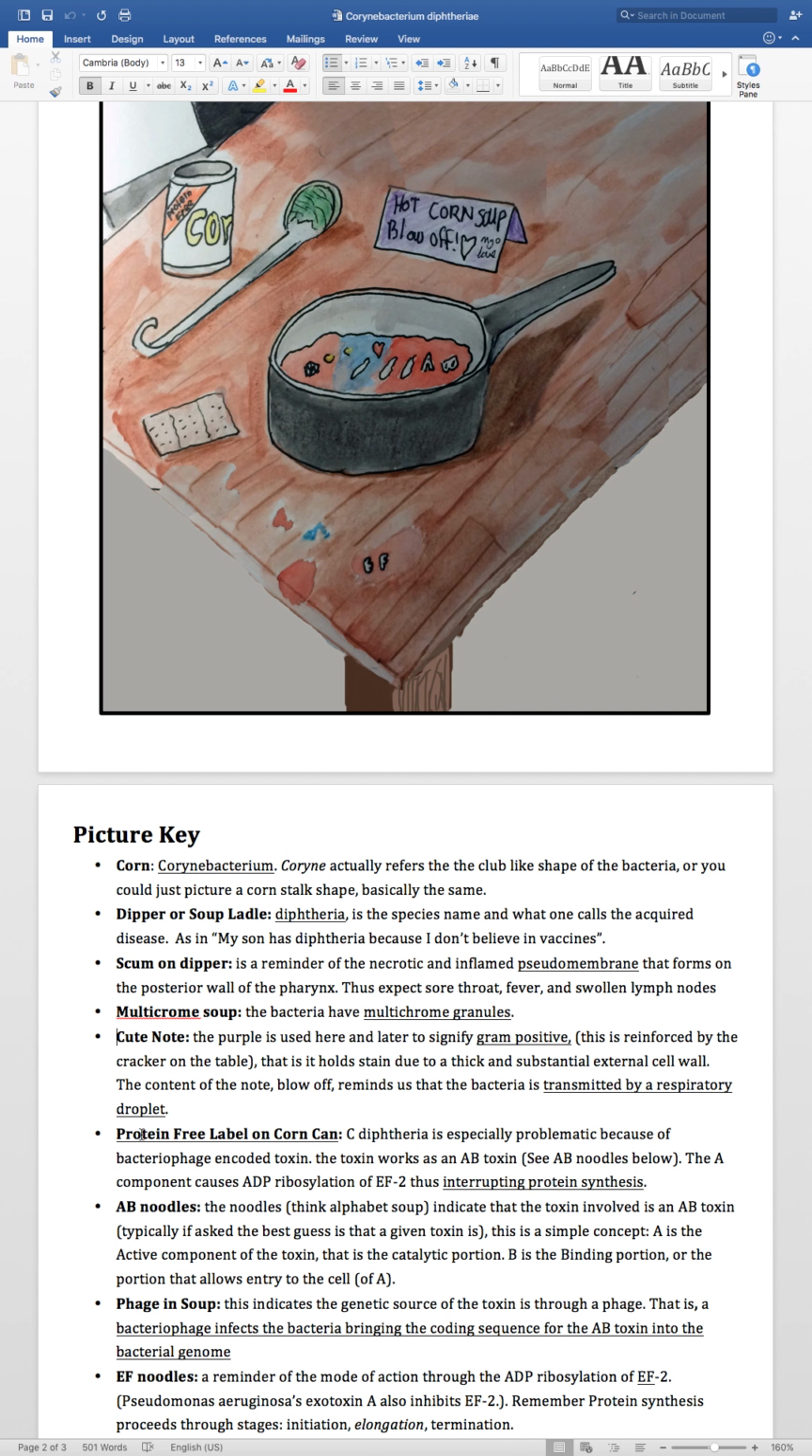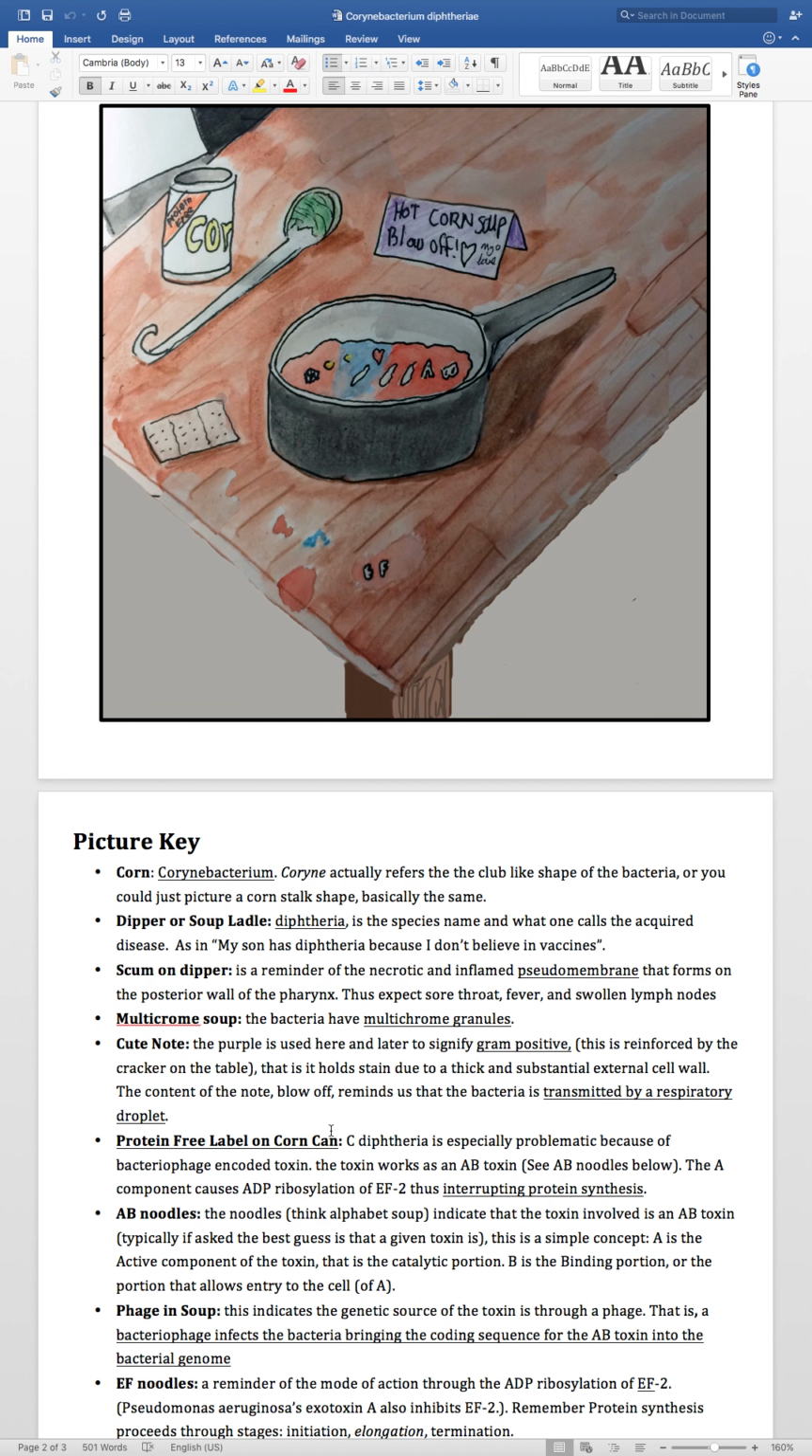The protein-free label on the corn can. So this is getting a little bit, I got some details in here, I got some biochemistry in here. This is reminding us that the toxin, which is actually encoded by a phage, you see the phage in the soup, is an AB toxin. Notice the noodles. We have AB alphabet noodles. It's an AB toxin, and what